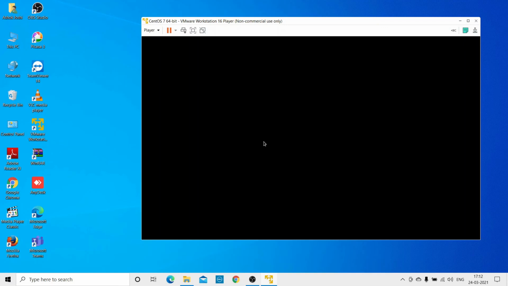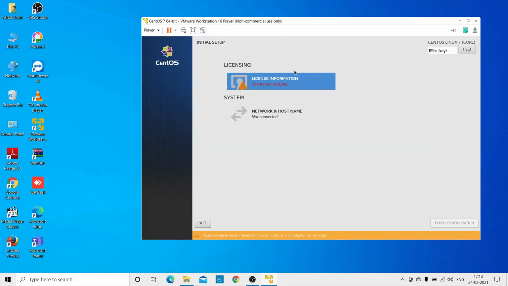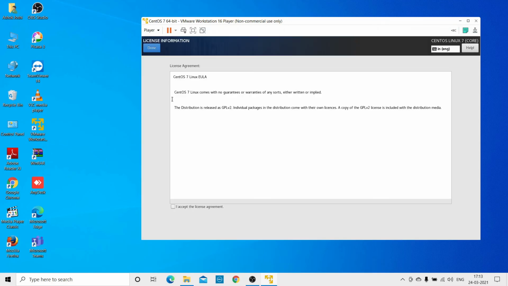So what happened was we had not accepted the license information. Basically, this was not shown when we were trying to install it. So what we have to do is click on this thing and click on this checkbox which says I accept the license agreement.